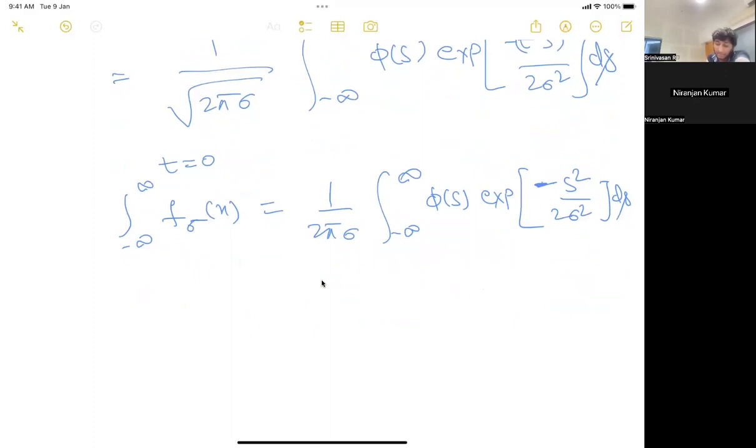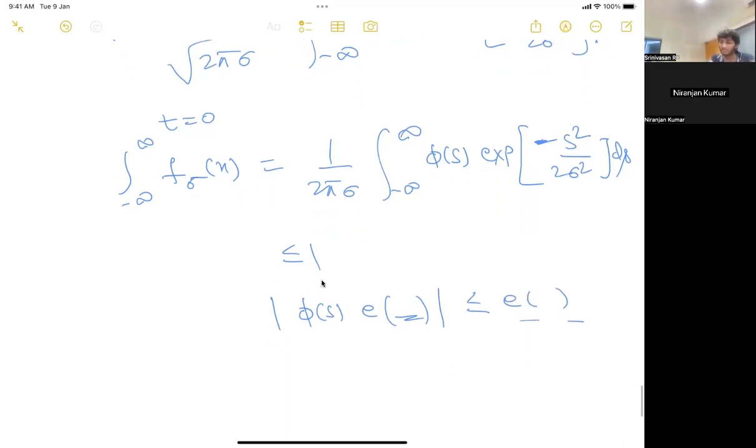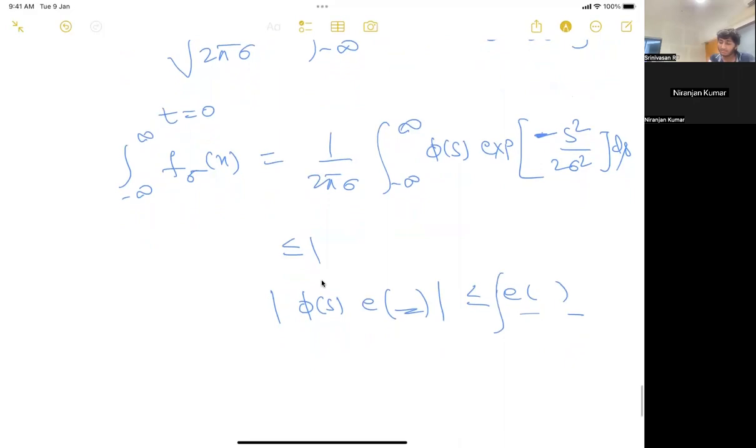Now this is actually less than or equal to 1, because the f sigma of x are all positive, as we have shown they are non-negative, and the mod of phi of s times the exponential of whatever is here is less than or equal to the exponential of whatever is here. They are positive quantities, and phi is always less than or equal to 1. So when you integrate this over the given block, you'll get the